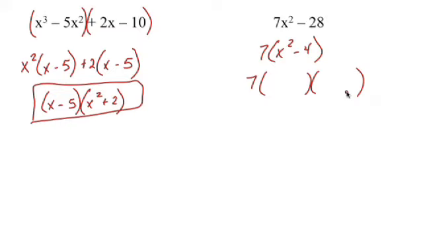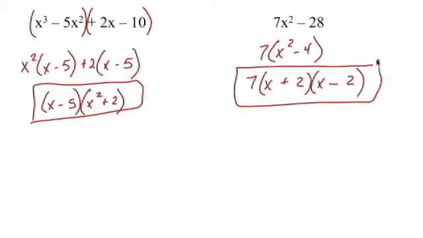That's it. Carry the 7 down, because remember, you always have to carry down what you factored. The x squared minus 4 is a difference of 2 squares, so the square root of x squared is x. Square root of 4 is 2. Remember, put your plus and your minus in there, and then that completes it. Now it cannot be factored any more, because if you look at those 3 pieces, none of those pieces can be factored any further, so that's as far as you can go.